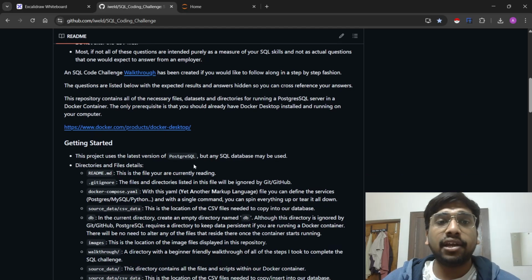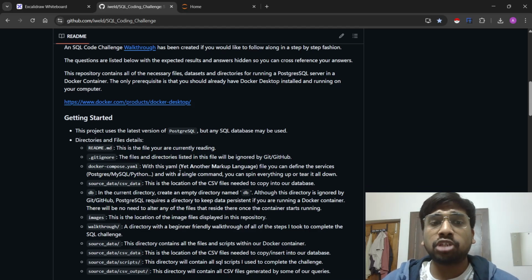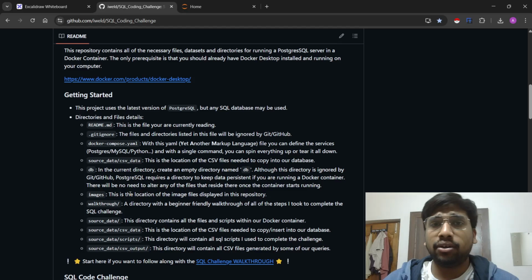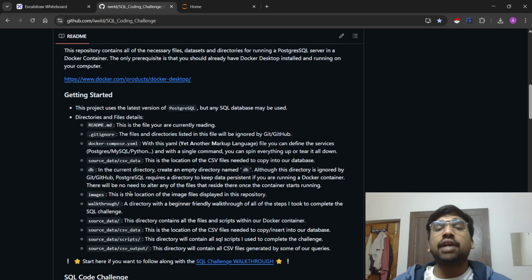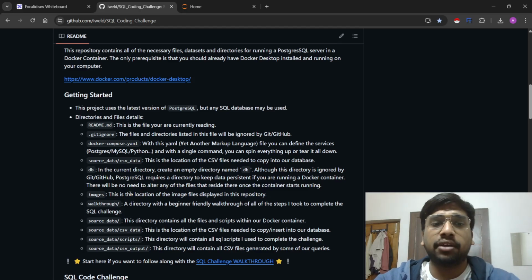And the second thing is that he has done this entirely on PostgreSQL and uses terms like Docker and things that I have no knowledge about right now. So I did the very basic thing. I downloaded the datasets from this GitHub repo, and I imported them in my Jupyter notebook through pandas, and then did the data cleaning.